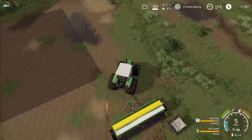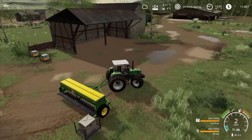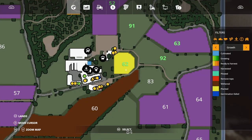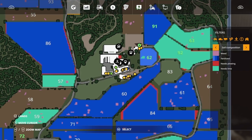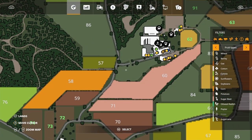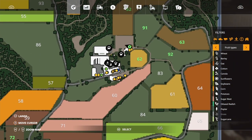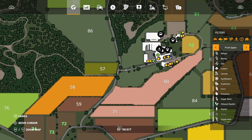Okay, there we go. Give me the fertilizer. Right, so now let's try and figure out where I have to go to get to where I need to be. Let's come off that and that. There we go. Right, so I need to come out of here, down this road, over the bridge,